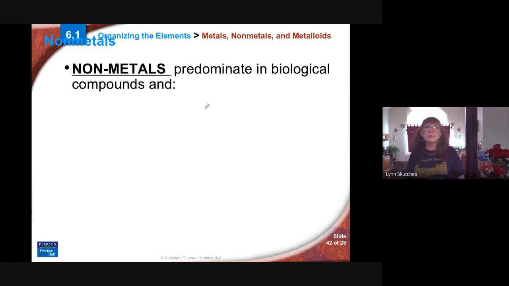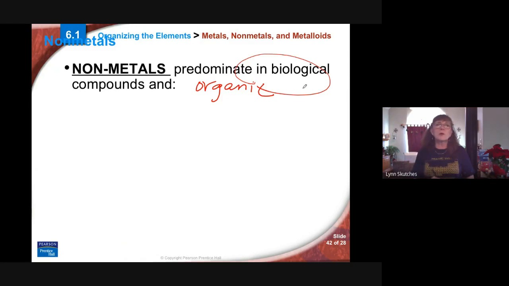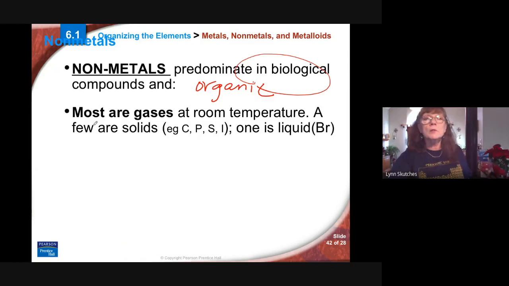All right, so those are some common metals that you're familiar with in everyday life. Non-metals are in lots. They're the predominant elements in biological compounds. So organic compounds are compounds that have lots of carbon. Primary organic chemistry is carbon chemistry, but physiological, biological chemistry involves lots of non-metals. You, being a living being, have lots of compounds with non-metals. You have some metals in you too, but